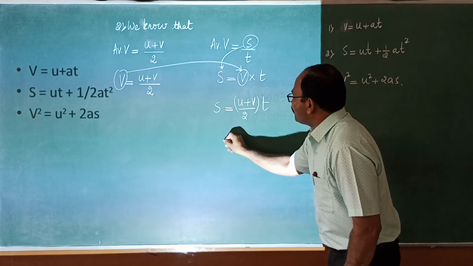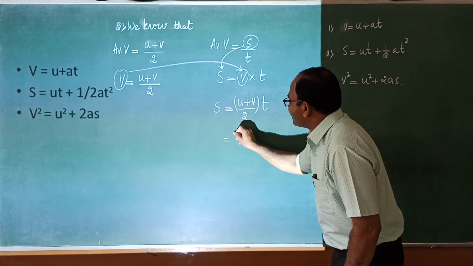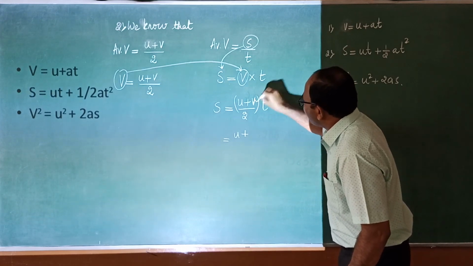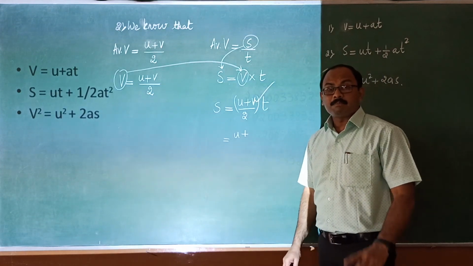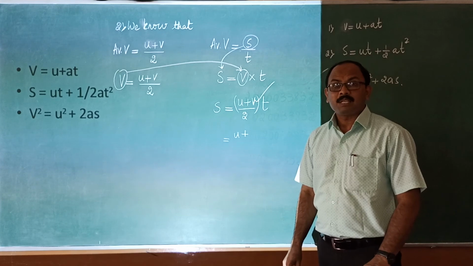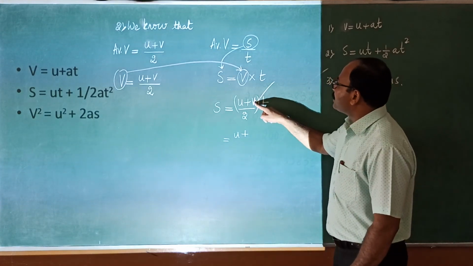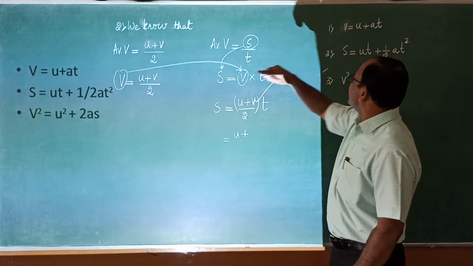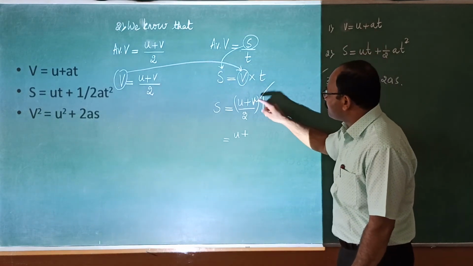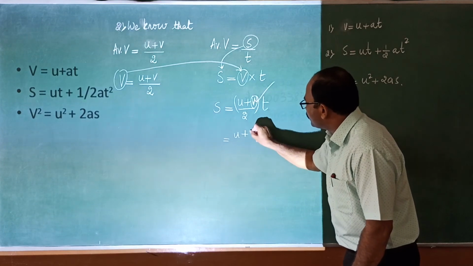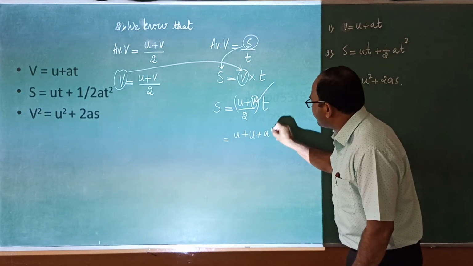Now, children, one more final step. u I have kept as it is, children, plus. Do you remember this v from the first equation of motion? v is equal to u plus at, from the first equation of motion. Therefore, v for this, children, is u plus at